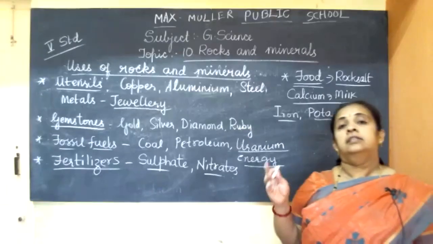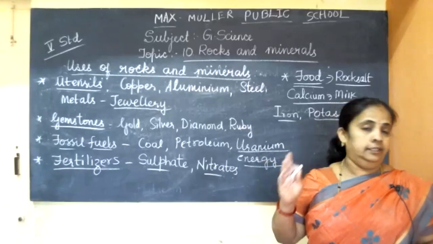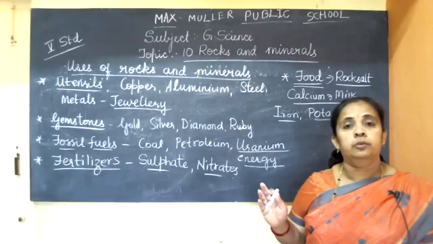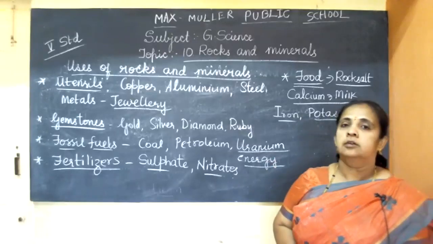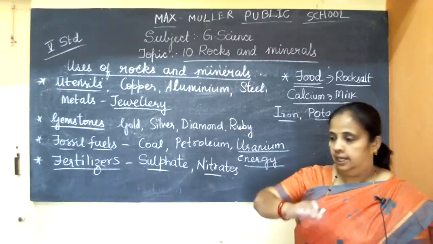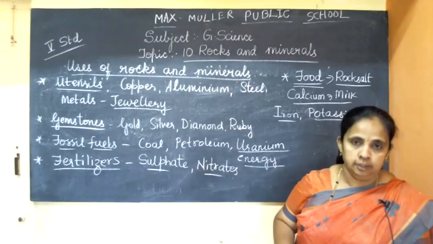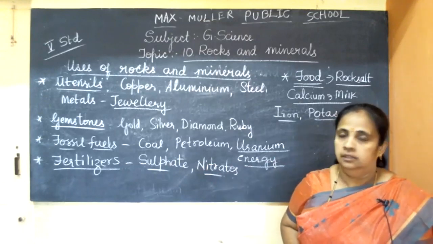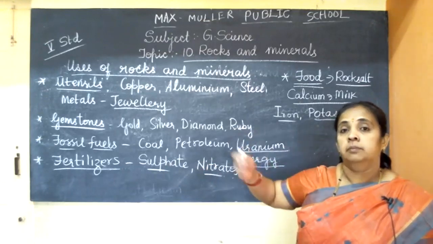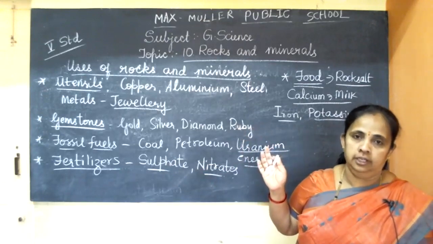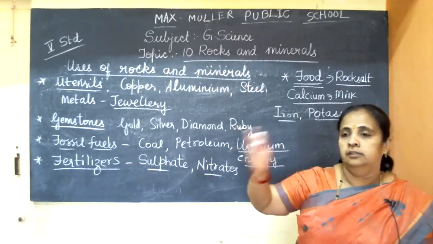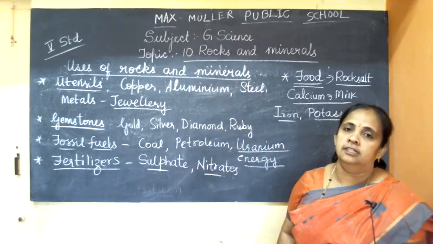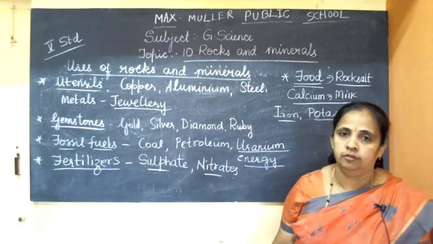So as I said, the formation of these rocks and minerals is not a fast process, it is a very slow process. As I said, it takes millions of years for one layer of the sediments to be formed. Okay, so a volcano will not occur every day. Is it not? So when the heat builds up, then only it is going to burst. The volcano eruption takes place. So when this happens, then only metamorphic rocks will occur. When there is a change in igneous or the sedimentary, then only metamorphic rocks will occur.